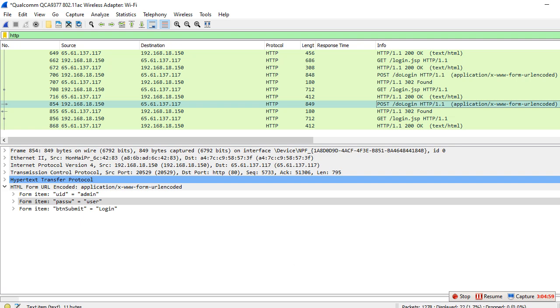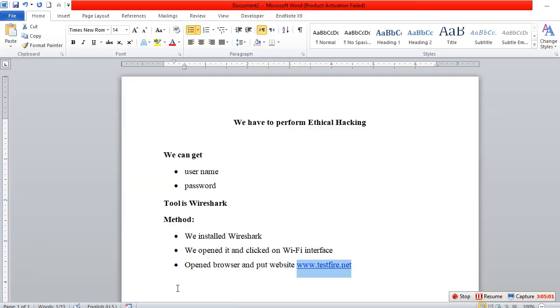It is used to capture the login credentials of any user, and it is used mostly in networks where people are trying to access their login accounts like banking accounts. Users try to access their login credentials like the username and password of banking, industries and other things. This technique is used to capture the username and password, and an attacker can use them to get access to the website.